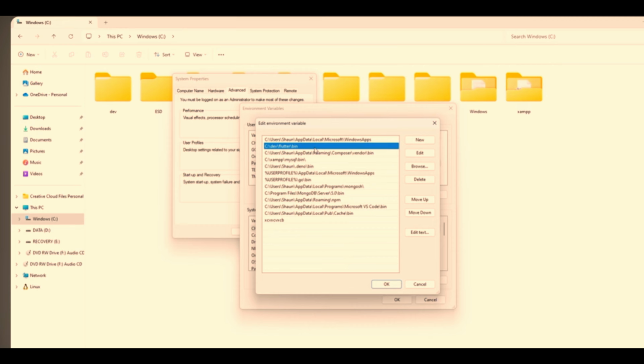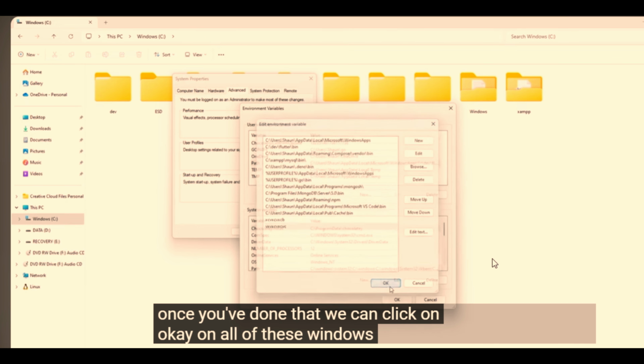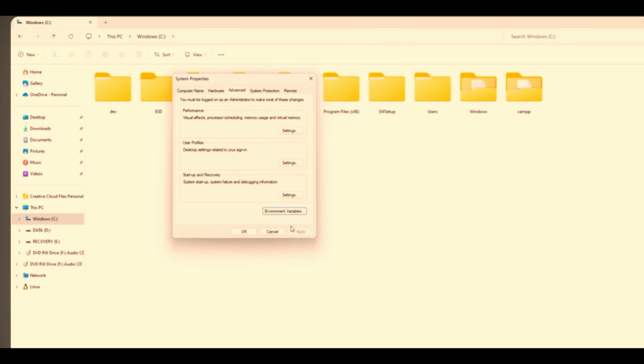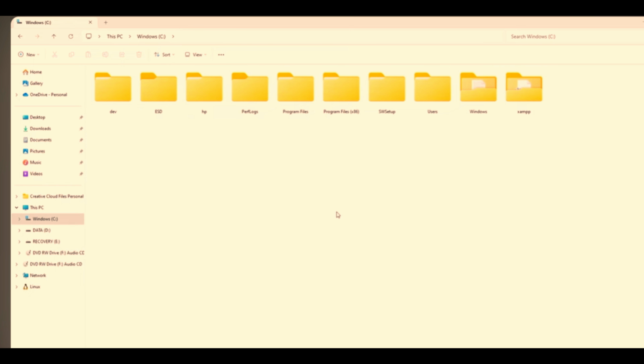If you installed it elsewhere, it needs to be a path to wherever you installed it, then the bin folder within that location. So to add this path, just click on New and then type it in. Once you've done that, we can click on OK on all of these windows to close them all. And now we can move on to the next step of the setup, which is installing Android Studio. But just really quickly before we do that, if you close down any currently open terminals first of all, and then open